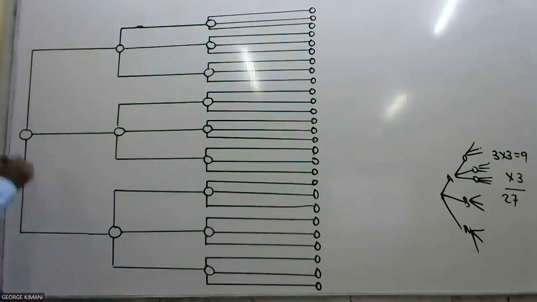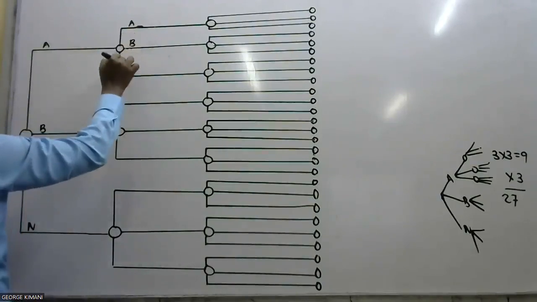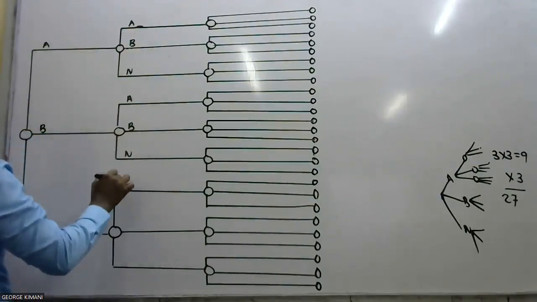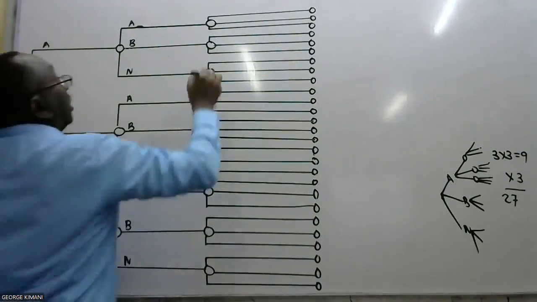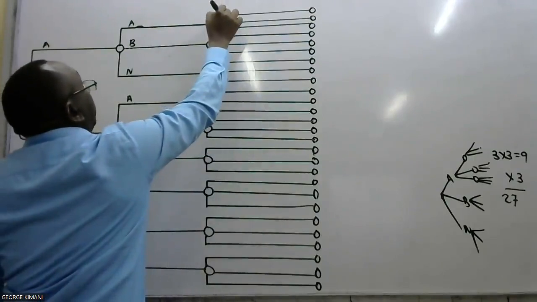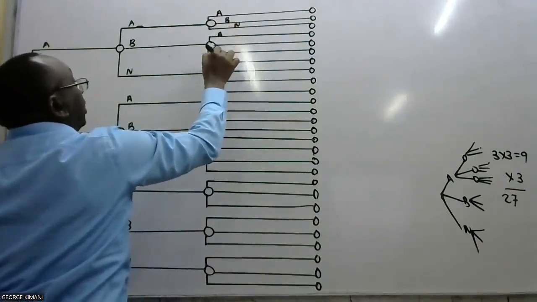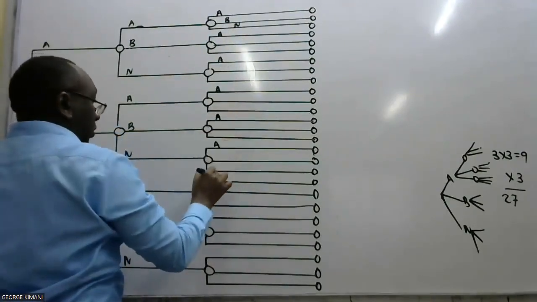So that is the first contract. I can go to A, B, or none. The second one can go to A, B, or none. A, B, or no one. The same case here, A, B, or none. If I do A here,